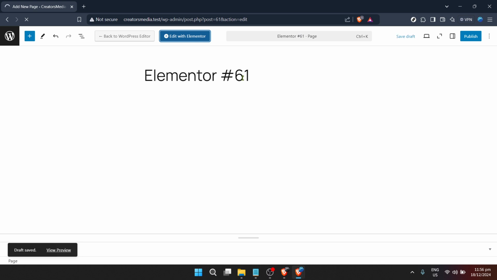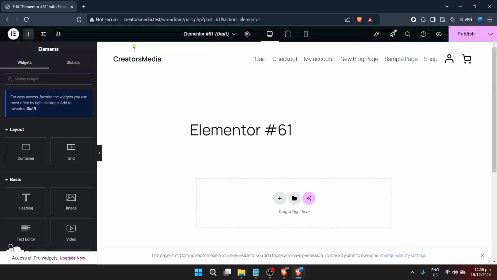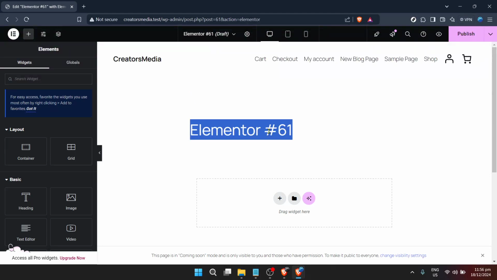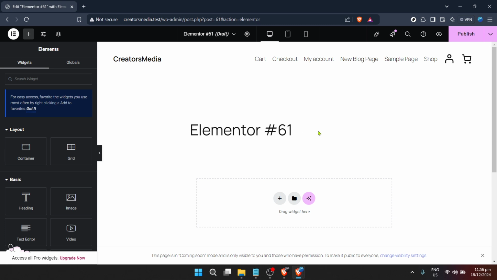Elementor makes it simple to add images, text, buttons, and more, all designed to showcase your products in the best possible way. With Elementor, customization is key. You have the freedom to alter your page to exactly how you want it. Add product galleries, testimonials, promotional banners, whatever you feel will best serve your shop and your customers. Elementor's interface is incredibly user-friendly, so don't be afraid to experiment with different elements and layouts. This step is all about making your shop page visually appealing and functional for your visitors.